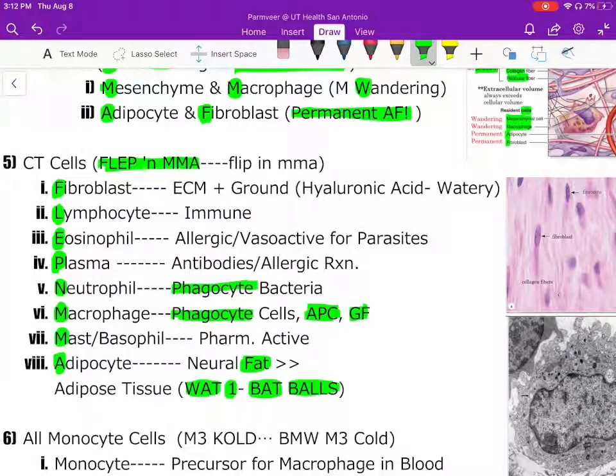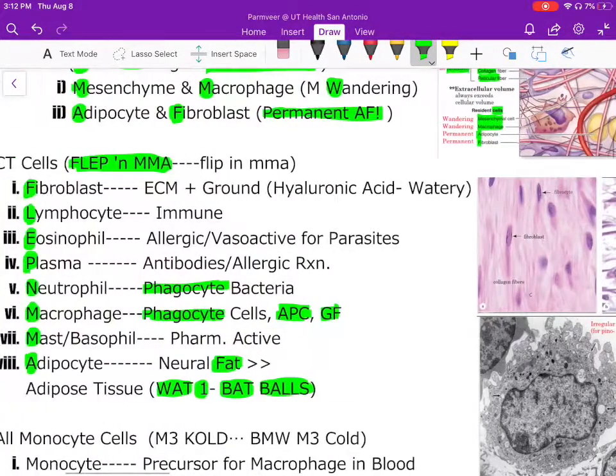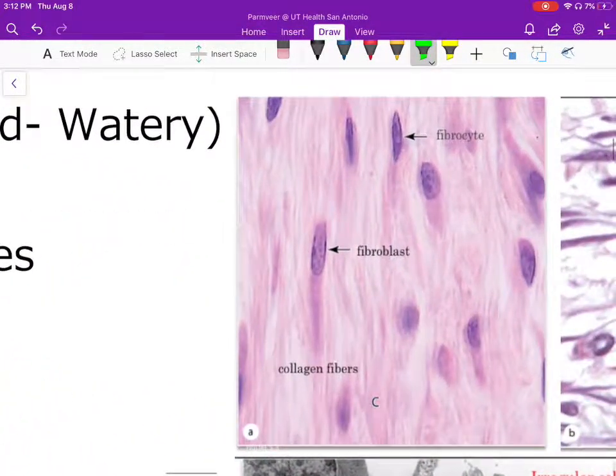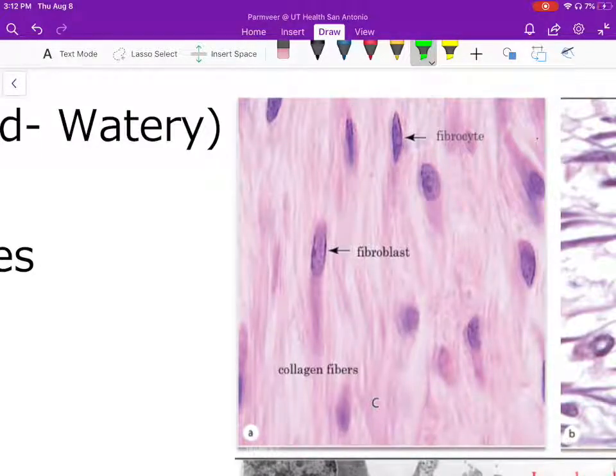So just remember that. You have FLIP and MMA, those are your connective tissue cells, and then what one? BAT balls for fat. So we will just look at a few pictures. You have to start to differentiate different stains and different cells by looking at a picture of what cell it is. So for fibroblast and fibrocyte, here you can see fibroblast, pretty long spindle, fibrocyte, pretty skinny because it is